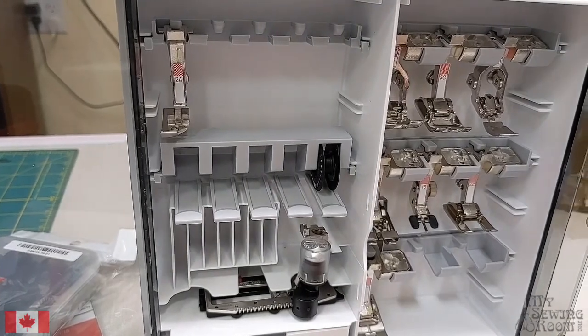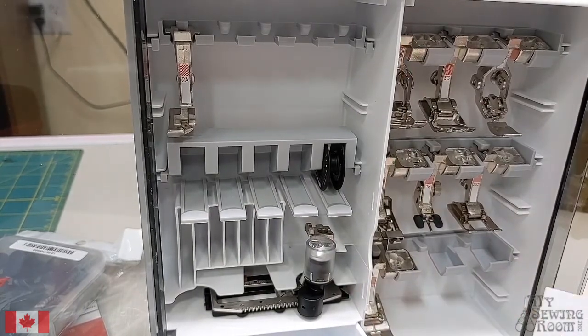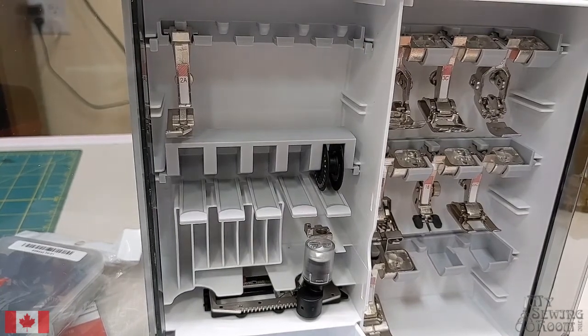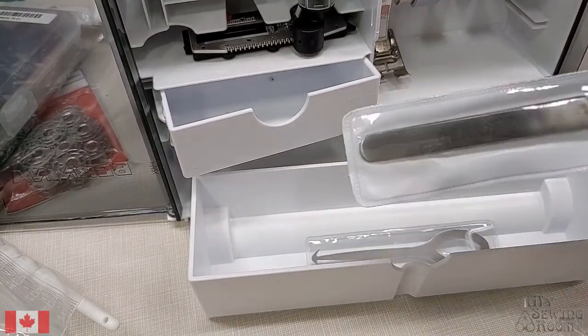And the other thing you've got on here that will be incredibly useful is little drawers, because not everything hangs really well. So what are you going to put in which drawer? That's a little bit up to you. If you've got longer things, I would put them in the bottom drawer. So this is an 8 series, so I've got the 8 series hook cleaning tool and tweezers